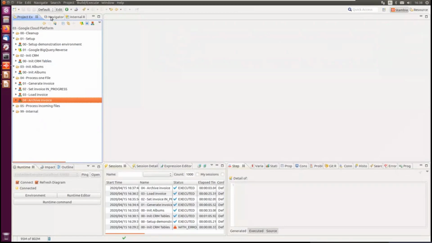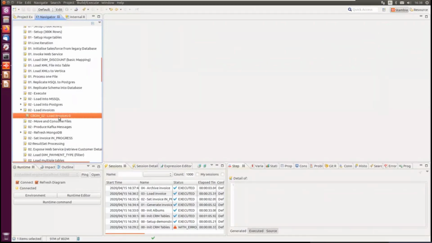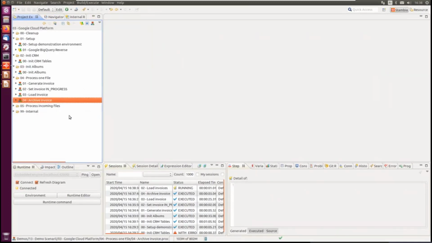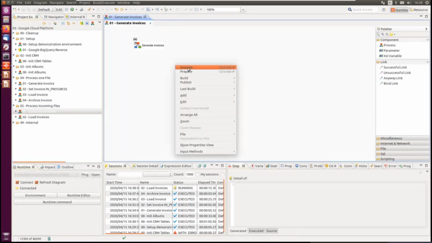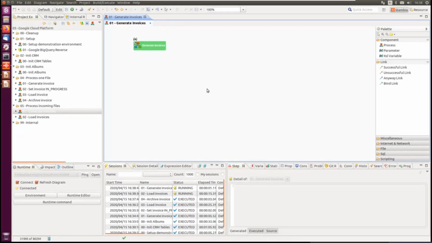So what I'm going to do is have the streaming process running. I already have a load invoice, and I have a cron for it, which I have paused. I will resume that so that it starts getting into action and keeps checking whether I have received an invoice or not. And now I'm going to simply click on generate invoice. This process will start generating invoice after invoice after invoice, sort of a simulator, as I said. And now Stambia, all those mappings that I have shown you step by step,